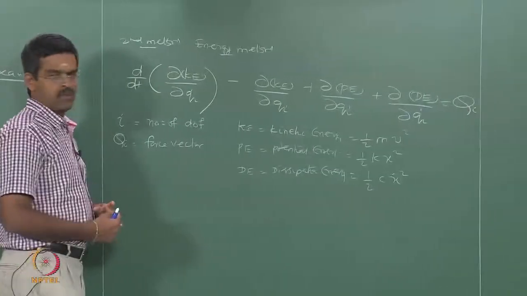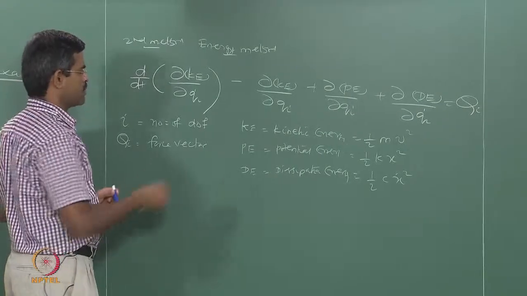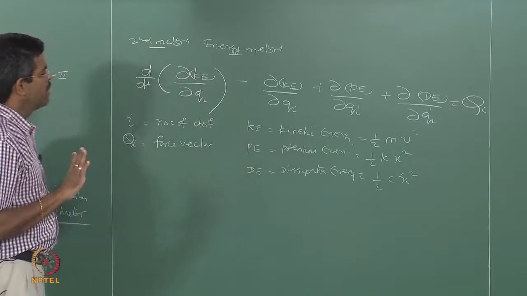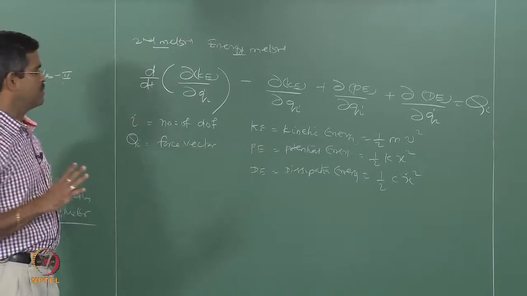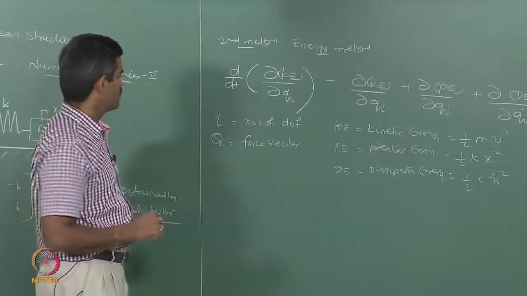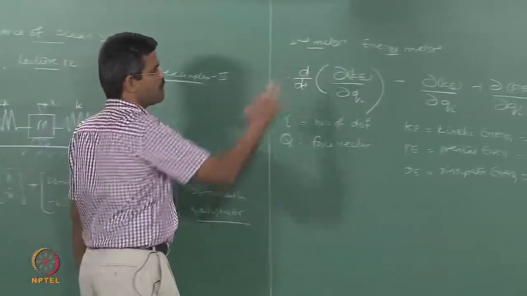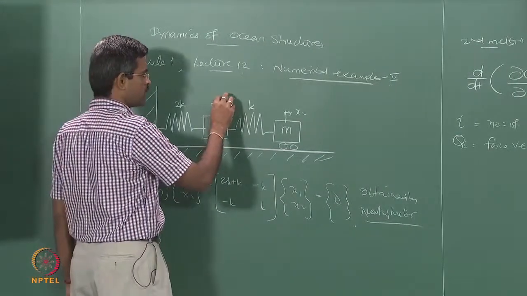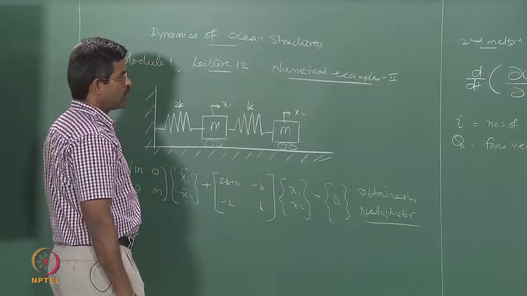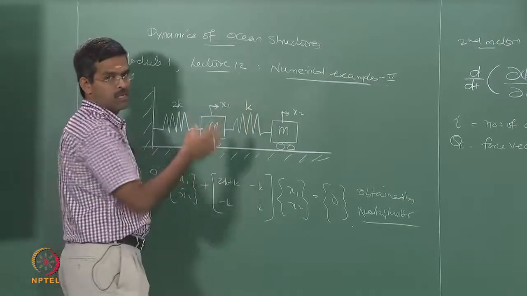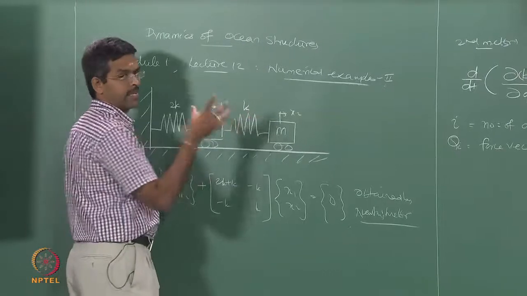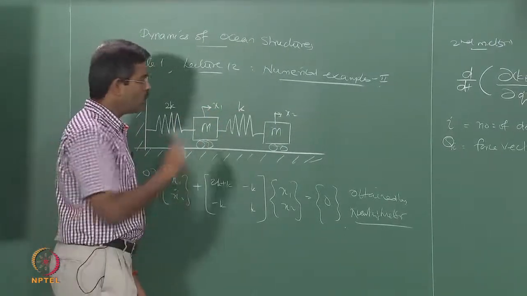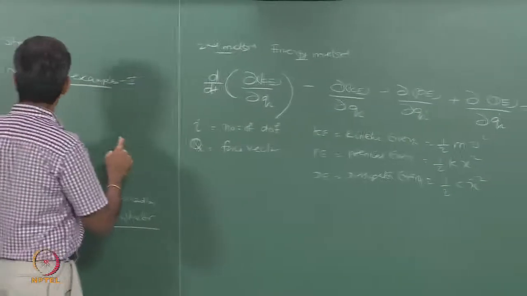This equation is very simple. What you have got to do is first find the expressions for kinetic energy, potential energy and dissipation energy separately, and find the partial derivative. One may ask a question, why partial? This is of course applicable to multi-degree freedom system models. For example, if you take this particular spring, it is connecting both displacements x1 and x2. So, when you write an equation, both terms x1 and x2 will be involved. So, both degrees are connected by one particular member. So, you look at one degree of freedom at a time.